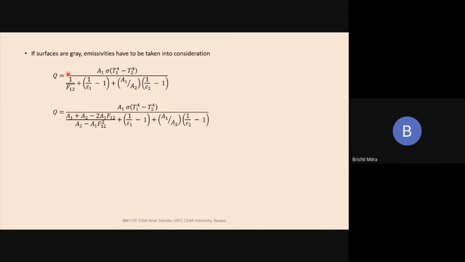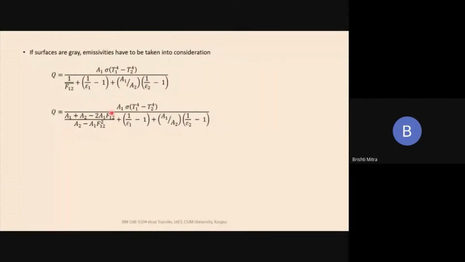And so what I have done out here, I've just written the expression of F12 bar, and then the rest of it is written as is. So if I know the values of F12 and epsilon 1, epsilon 2, T1, T2, I can calculate the Q values provided the areas are known. So this is for re-radiating surfaces, which are very commonly found in furnaces,